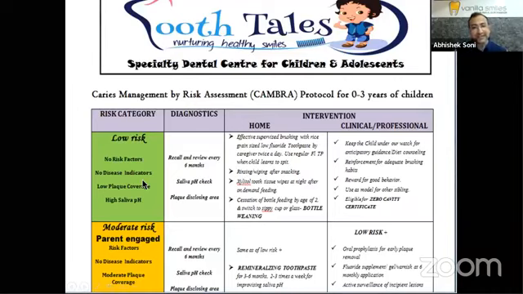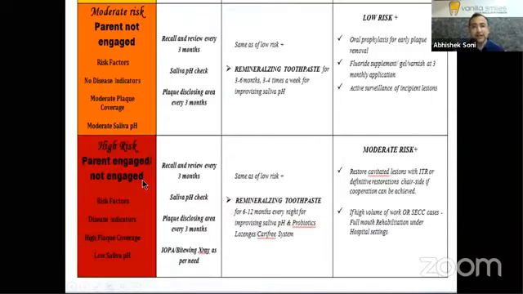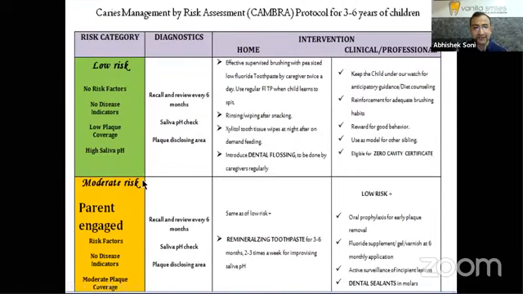It also includes the clinical protocols which you as an operator will be doing for that particular child, depending on the risk assessment, whether you will be seeing the child every 3 months, 6 months. If the child is under high risk, maybe you want to do intensive fluoride regimens for which you may have to see the child every week. And then eventually, once the home hygiene protocols are in place, you see some signs of arrest which are imminent, and you start moving the child to a moderate risk, and then eventually start seeing the child every 3 months. Then again, evaluate whether the parents are following the home hygiene protocols or not, until the child falls into a low risk category, and you eventually start seeing the child every 6 months.